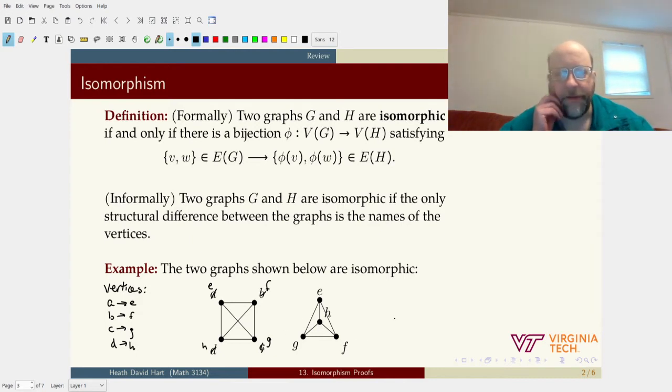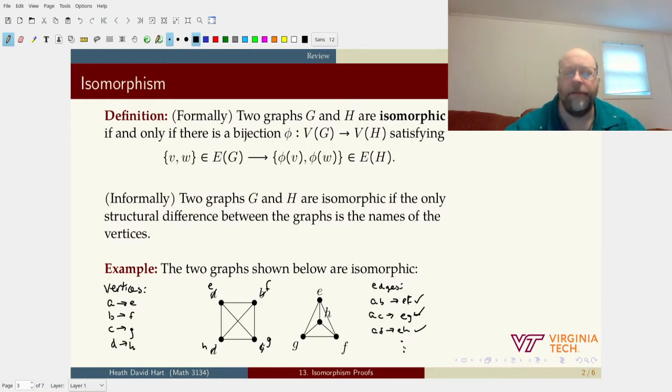So that's the idea, that when I look at the edges, AB becomes EF, and that's an edge. And then AC becomes EG, and that's an edge. And AD becomes EH, and that's an edge, and so on and so forth. All right. So let's try